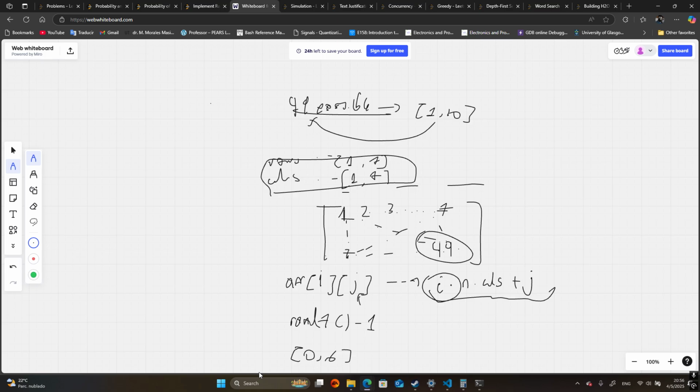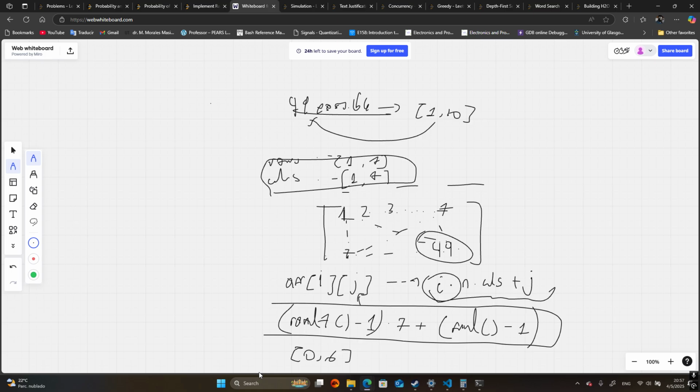We then multiply these by the number of columns, which is 7, and sum the outcomes in the columns. That will be Rand7 minus 1, and this will give us the possible outcomes,